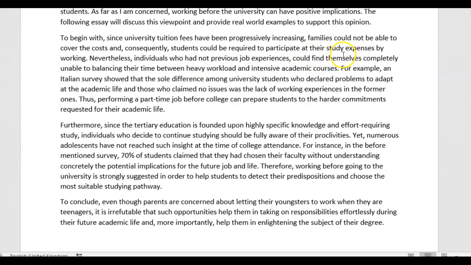Families could not be able to cover the costs, and consequently students could be required to participate at their study expenses by working. Very nice idea, just a bit of grammar. Since the fees has been increasing, families might not be able, not could, might not be able to cover the costs, and I wouldn't use consequently, I would say, and this is why students could, respectively, could be asked by their parents, not required, asked by their parents to participate